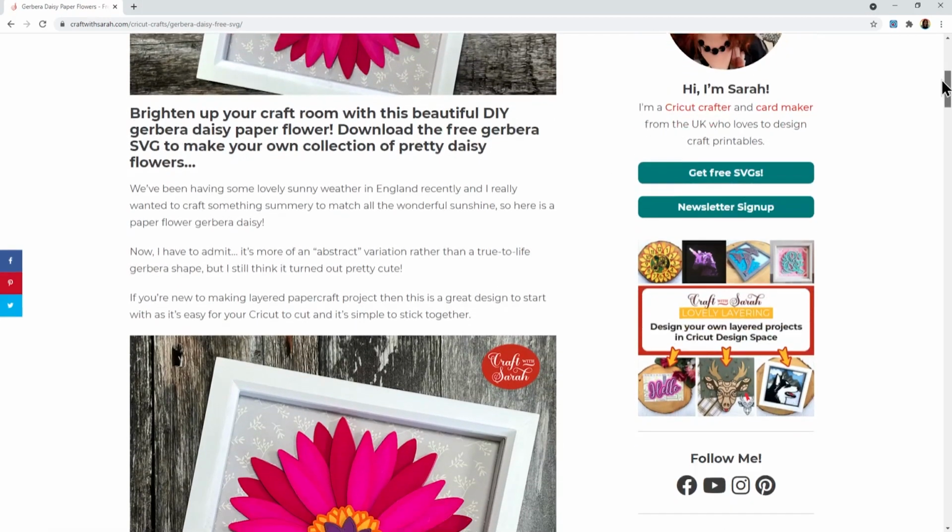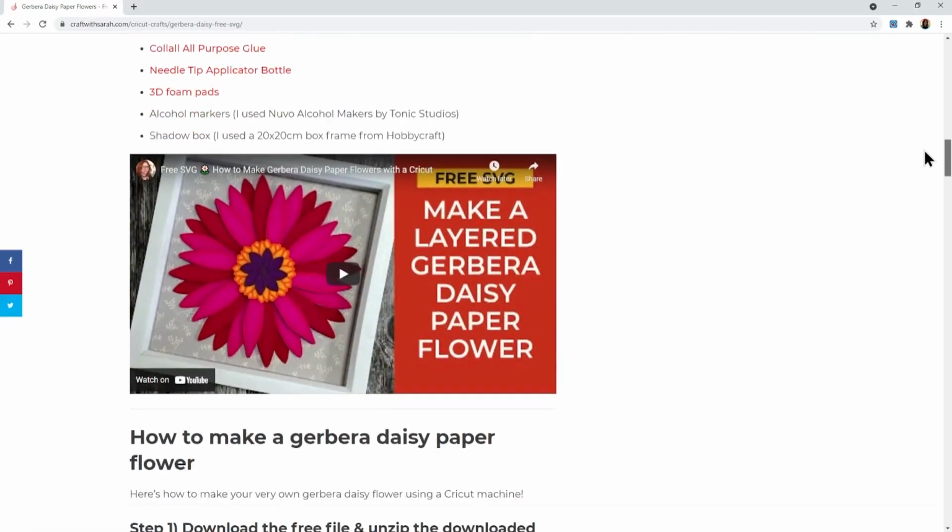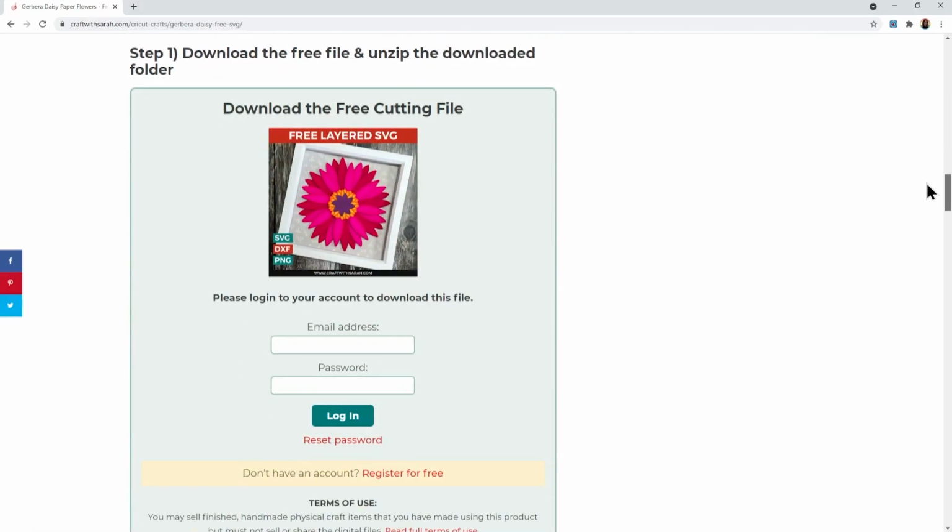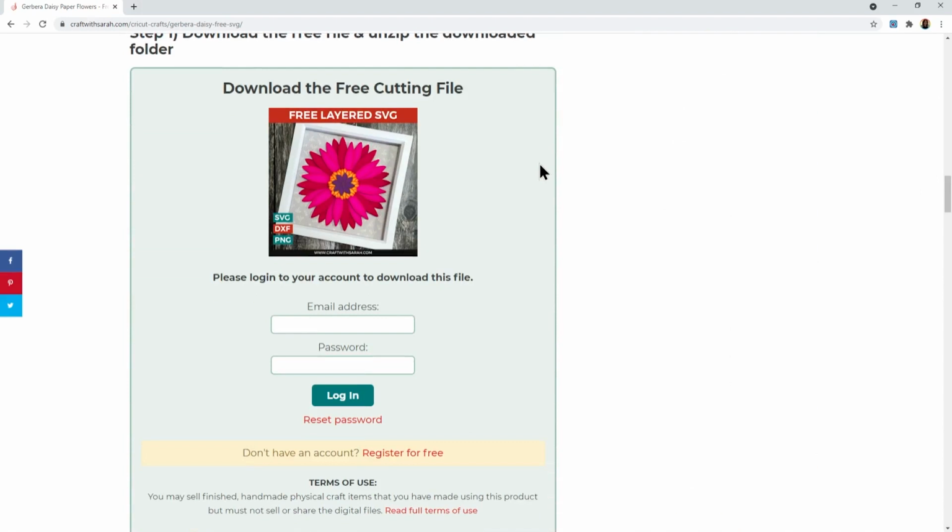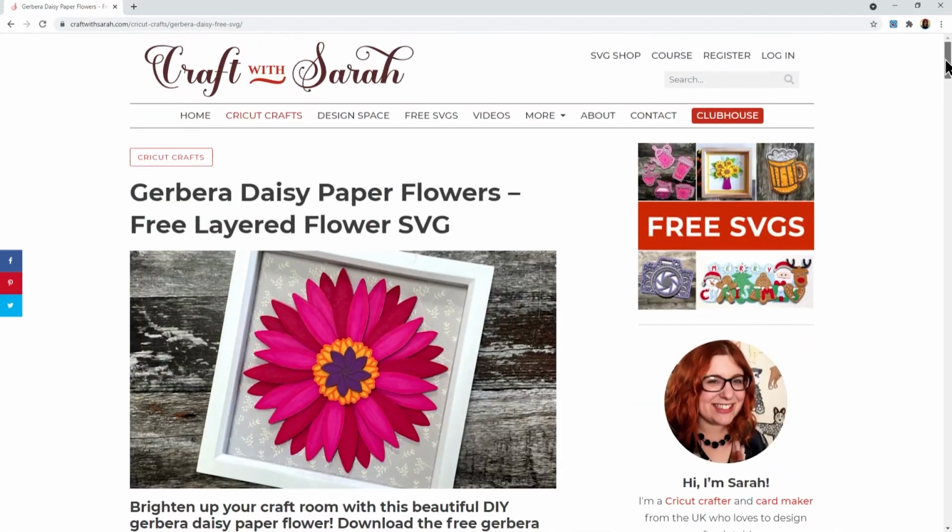When you're looking at the article page, scroll down, and then somewhere on the page there'll be this pale green box which says download the free file, and in here there's a box to log into your account or to register an account. I'll go through that in a little bit more detail in a moment, but first I'll show you the other ways to find the free files.